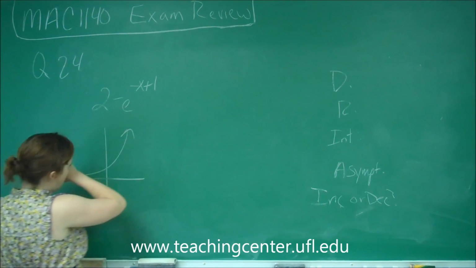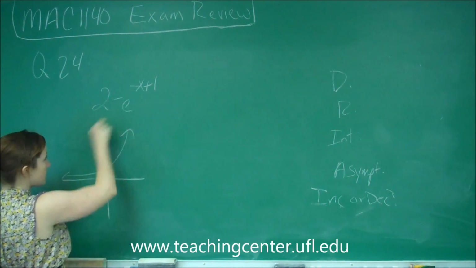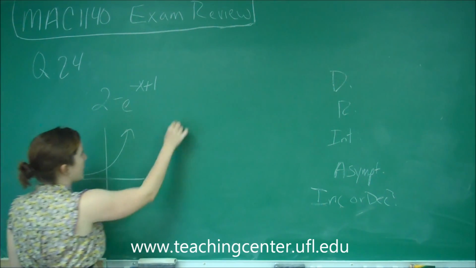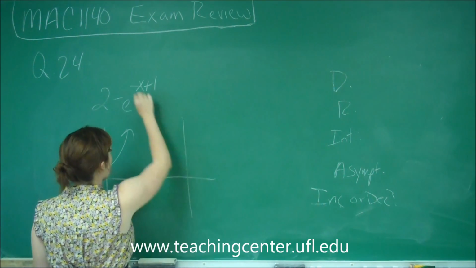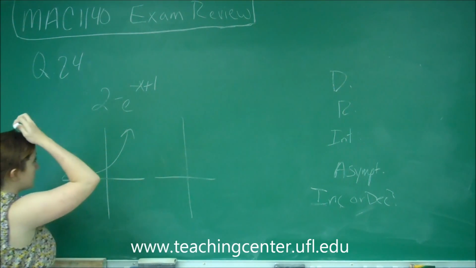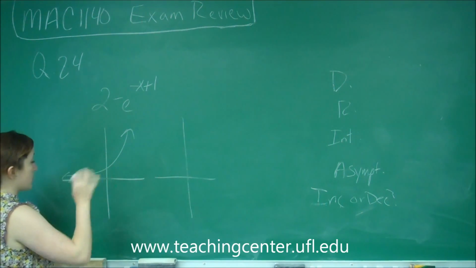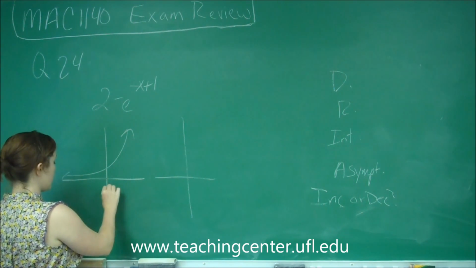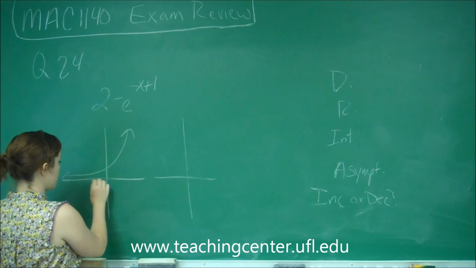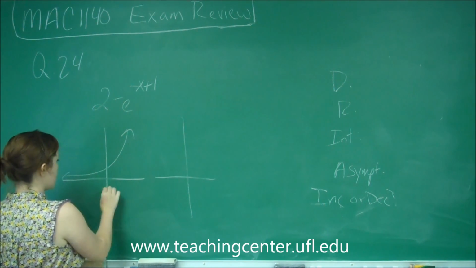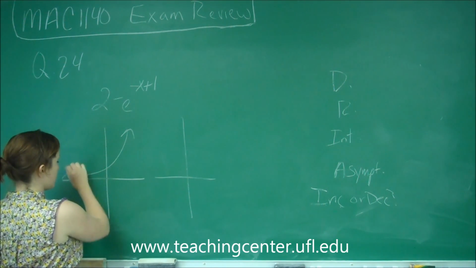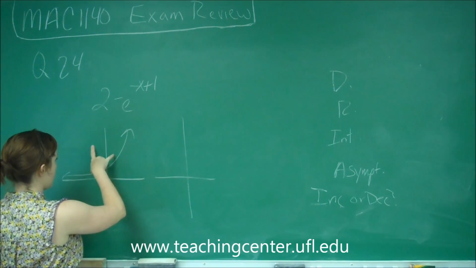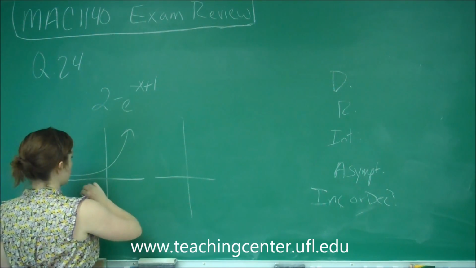But not only is our e to the x negated, which means we're going to flip it about the y-axis, but also we've got a negative in the exponent, which means that's also going to flip. So this is going to flip here and also here. And then shift up 2. So it's going to look something like, first we're going to rotate here and then rotate down. So it's going to look like